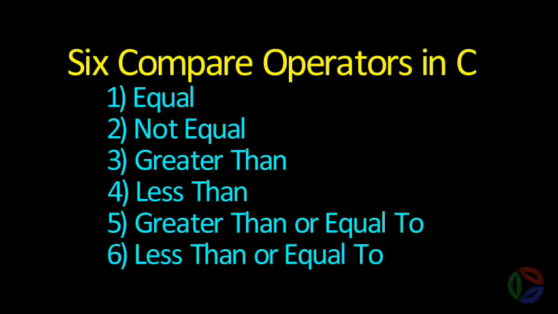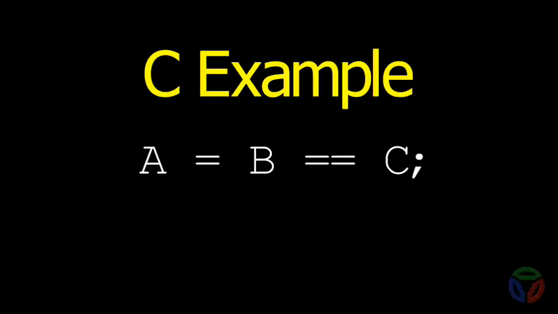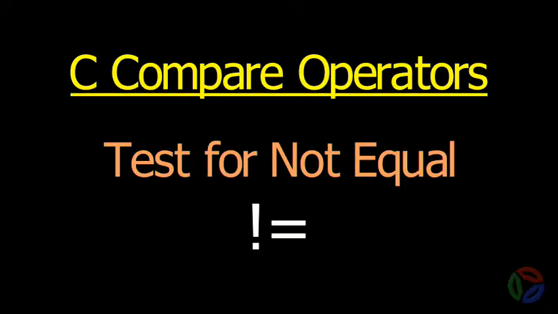There are 6 compare operators in C. The most basic is test for equal. Because the ASCII equal symbol is used as the assignment operator, you must double up this symbol to create the test for equality operator. If the operands are indeed equal, the result of the operation is a Boolean 1. Otherwise, it is a Boolean 0. The antithesis to this operator is the test for not equal, which is composed of an exclamation point followed by